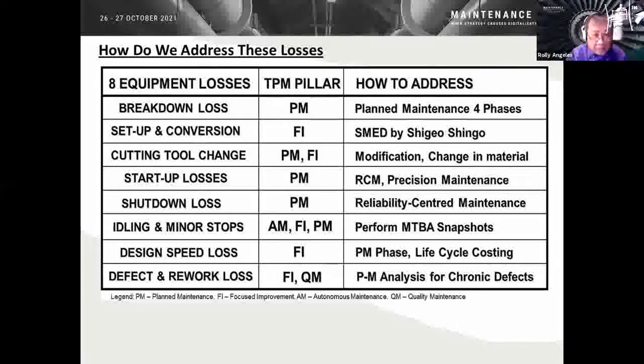But if we talk about quality problems, the costs are broad. So if the cost of the quality is raw materials, definitely RCM will not address them. Okay? So it depends on what losses you suffer from that equipment, and you use the correct methodology. Okay? And lastly, okay,